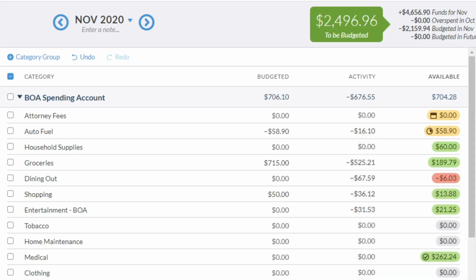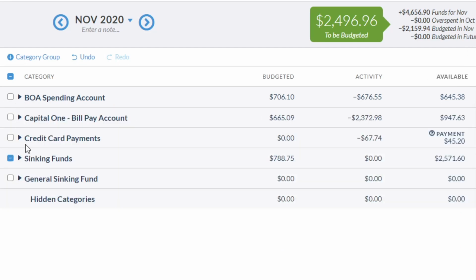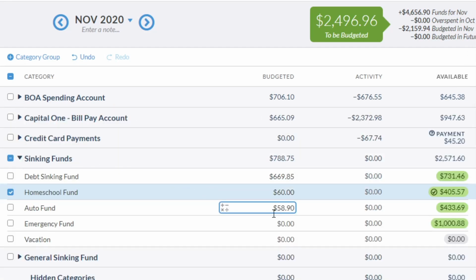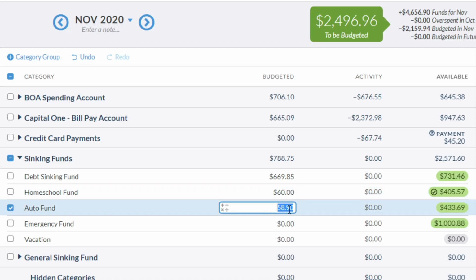When I do that, it's going to transfer the money out of the spending account budget, and move it into my auto sinking fund. So now I have $58 in here, so I'm going to need to do a transfer between the two accounts, and that will bring me up to $433. Our goal is to get up to $500. Once I get up to $500, then I will probably start using that money for something else, but I figured $500 was a good starting point in case